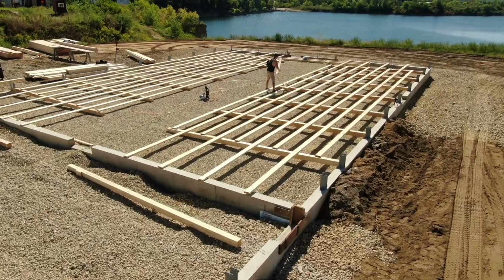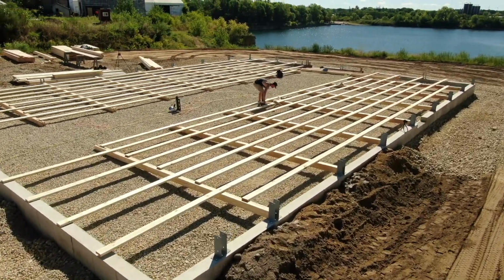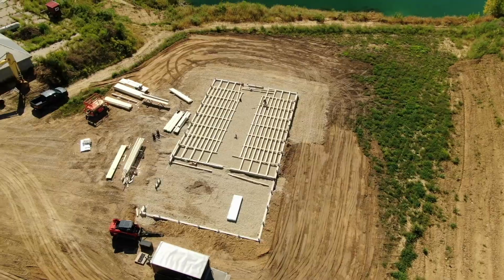Today is wall framing day. We spent the last couple days here getting all the brackets set, the lumber cut up, and posts made up, and